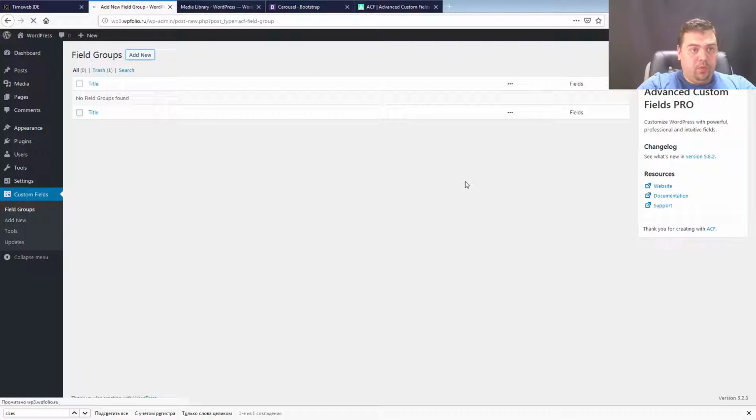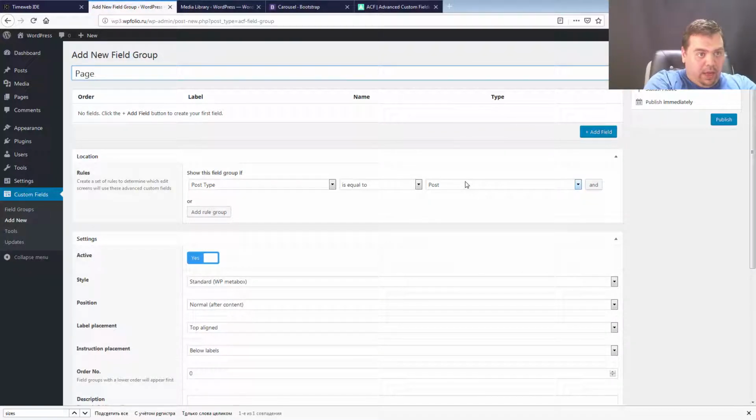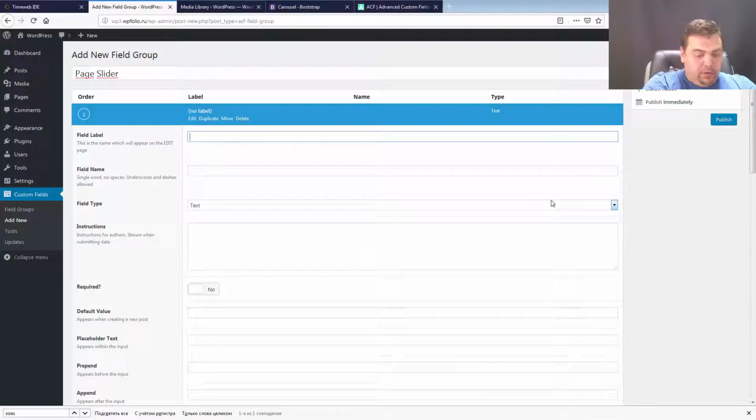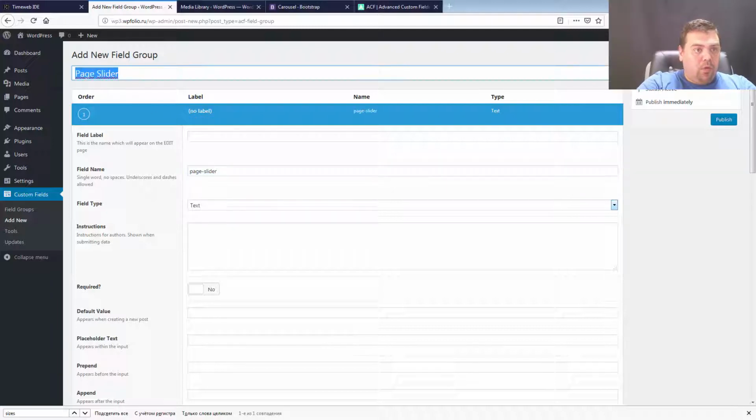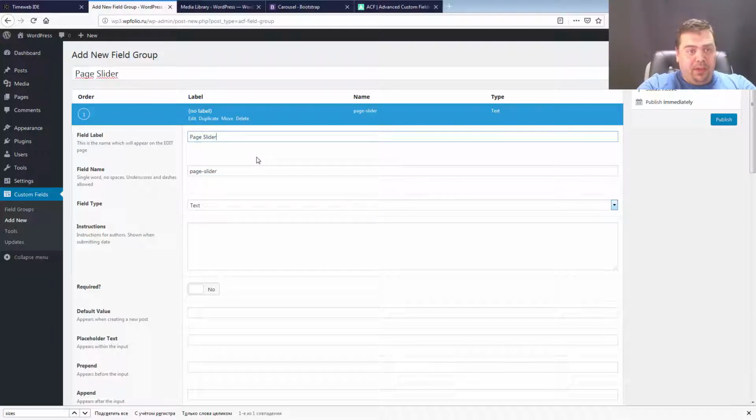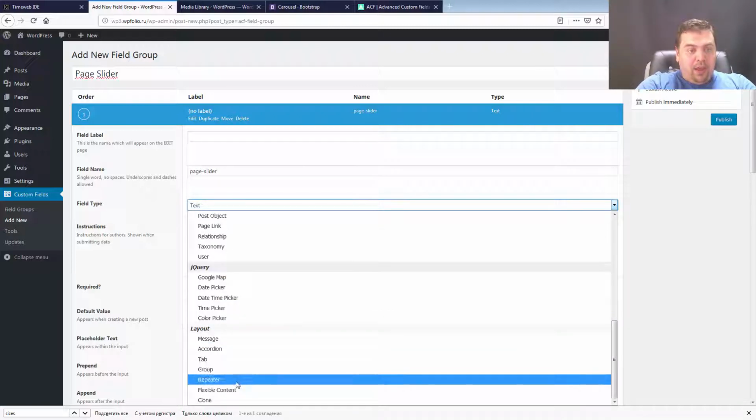So, new group. I will name it page slider, and I will create a new field, and the name of the field is page slider. Because the name of the field is the same as the group name and it is the first field, I can make the label empty because it will look nicer in the backend interface. So I need to select the repeater field,